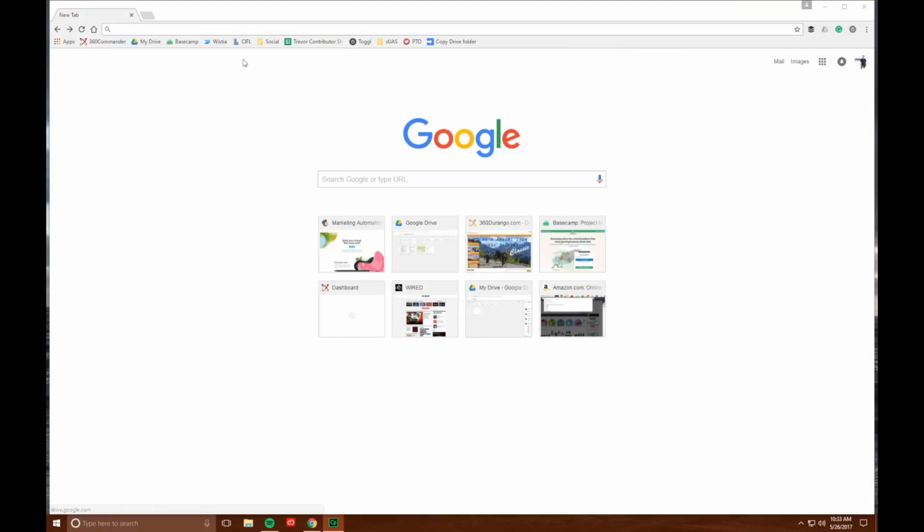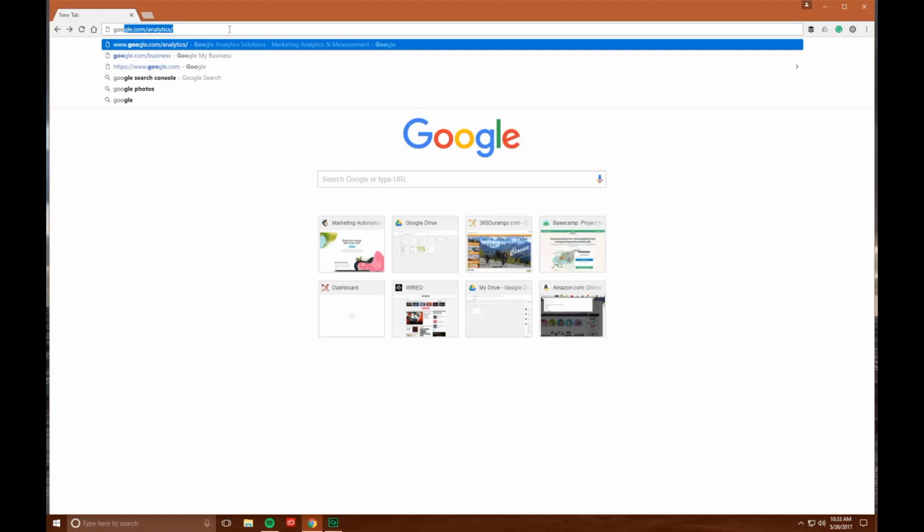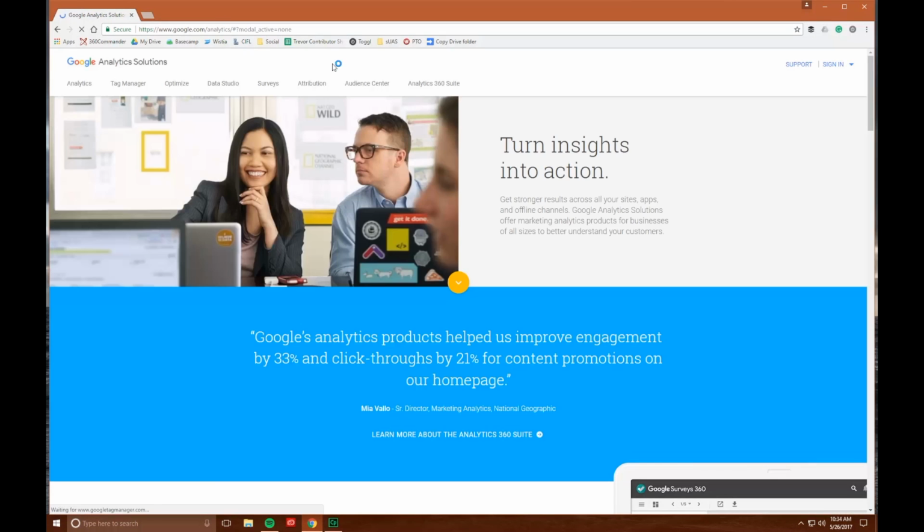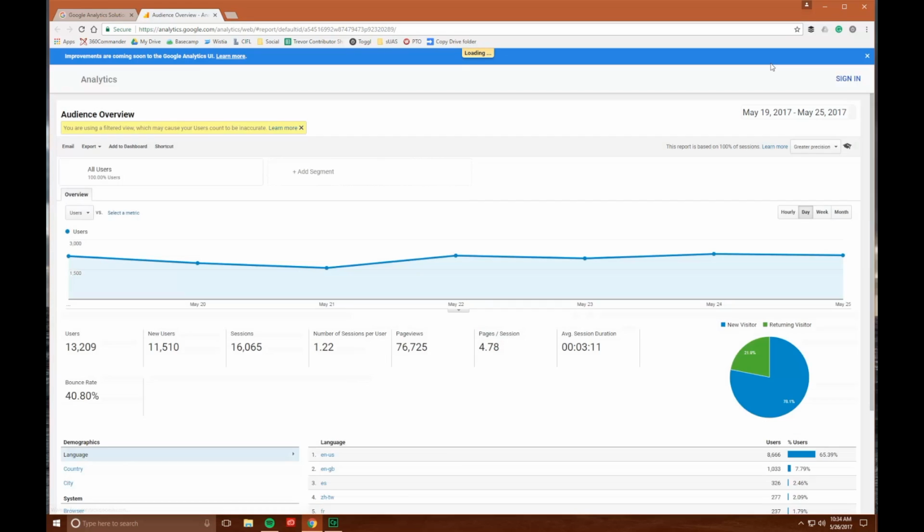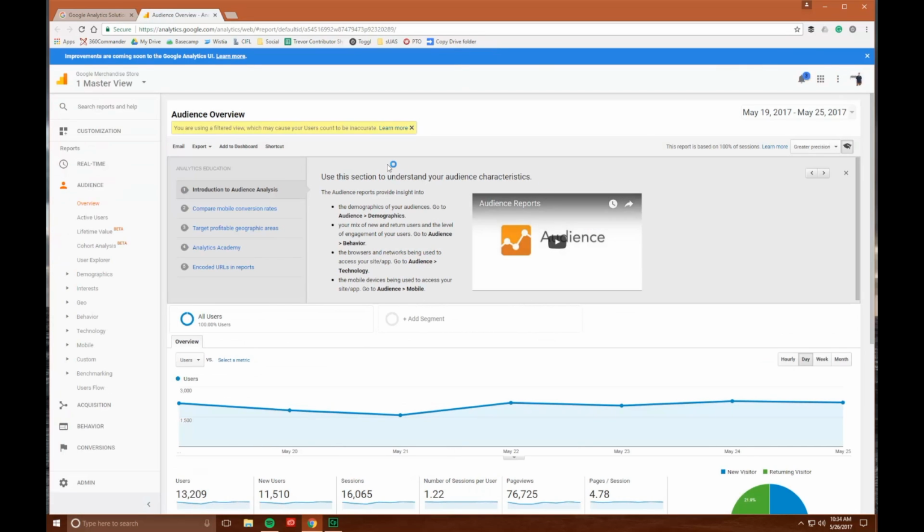Okay, so you've got a browser opened and you're going to type in google.com/analytics. What it's going to do is require you in the upper right-hand corner to sign in to your analytics account. Now, you should be looking at your companies, but in this case, we're looking at a demo view. So there's a lot of stuff in here. I'm just going to stay on the top level, but in the left-hand side, you definitely can navigate between all the stuff that matters. So audience, acquisition, behavior, conversions.